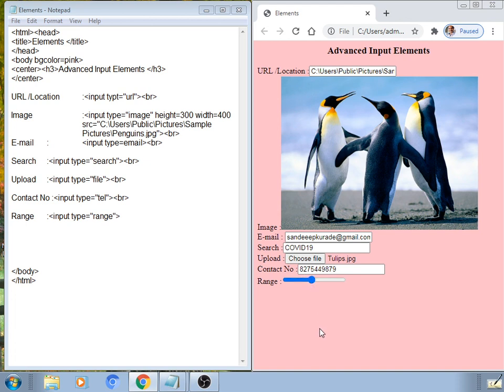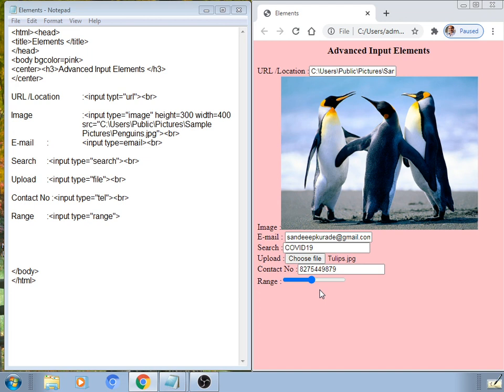Likewise, so within this lecture we have covered 7 input elements, those are advanced input elements. HTML5 produces a total of 14 input elements.